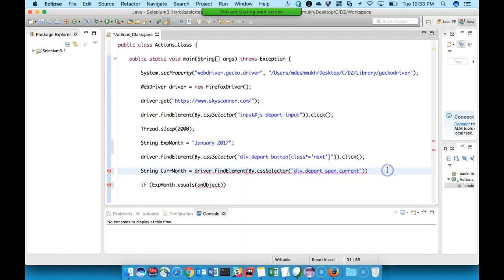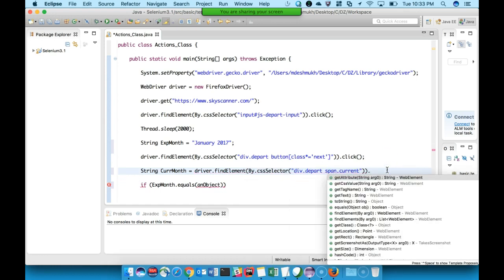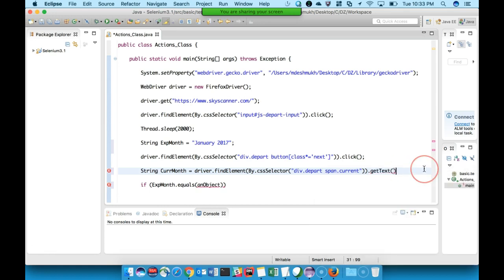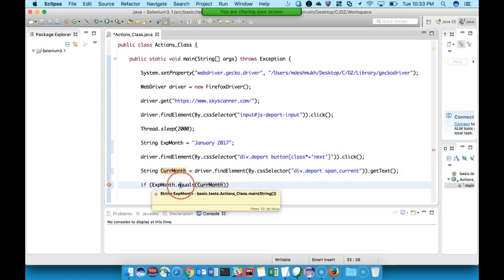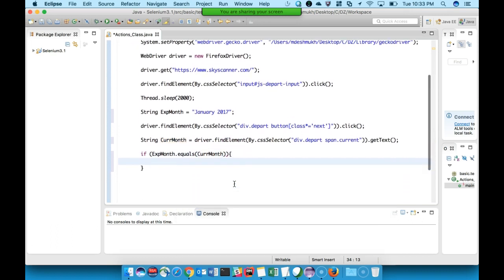This is the CSS for that, and get text will give us the text of this object. So this is the currently selected month. If expected month equals the current month, then no need to do anything; all we can do is display a message saying month is already selected.